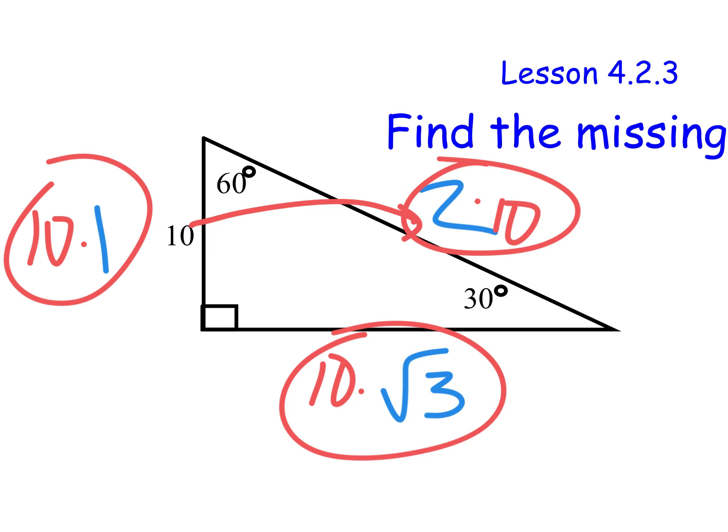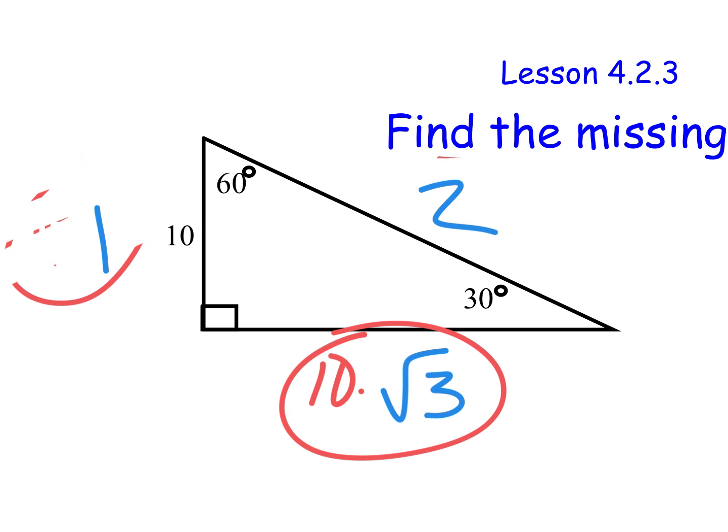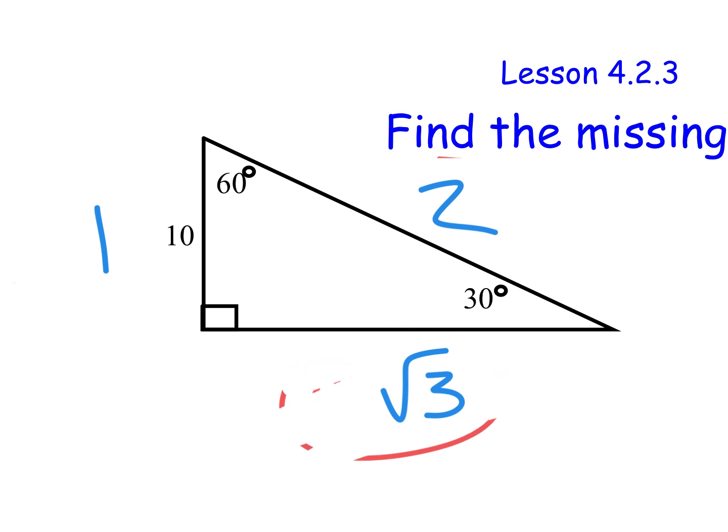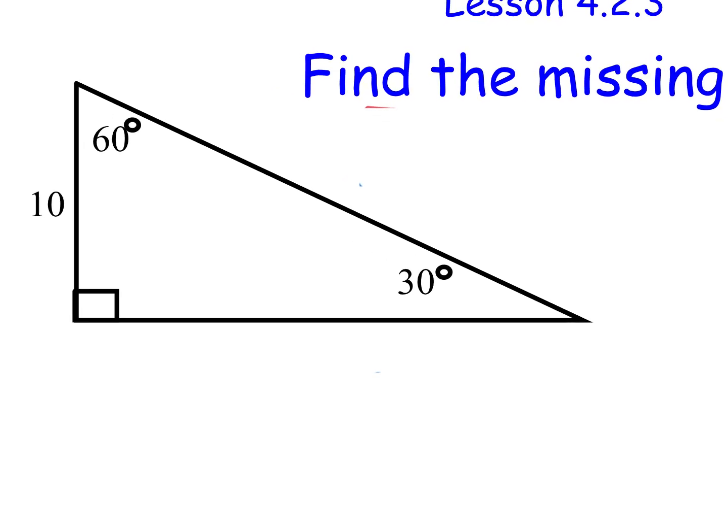So let me show you the trig way to do this. See, that way you didn't even need any trig. You just needed to know the 30, 60, 90 sides. But here's the trig way to do it, and this is the way it's going to work on your test every time. You need to write a little trig equation for it and solve it. So, I tried to teach you this the other day,